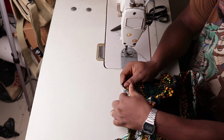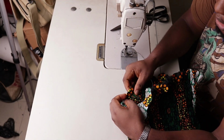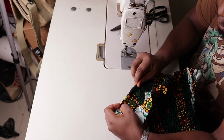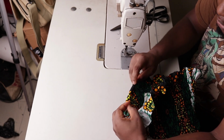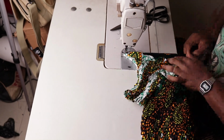Okay, so you can start from really anywhere. Forward half an inch twice. Remember, we kept 1 inch, so that means we have to forward half an inch twice to consume the 1 inch that we kept. So that's what I'm going to do now. I'm going to forward half an inch twice, and then